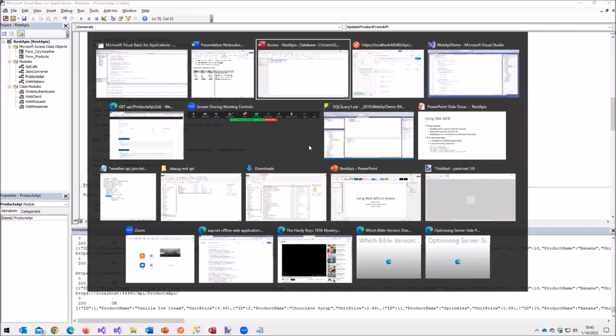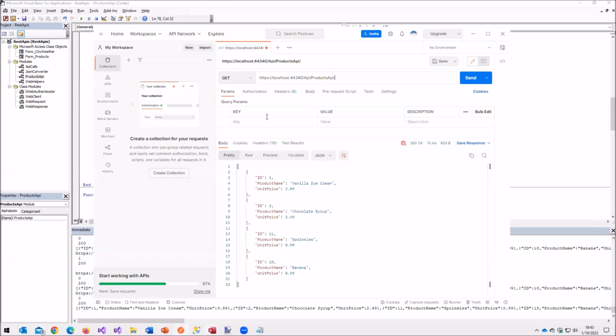So if we go and look at Postman and say, okay, we got vanilla ice cream, let's go ahead and do a put. So we're going to pass in 1, and in the body we're going to say product name, and I can't spell, and then ID 1.